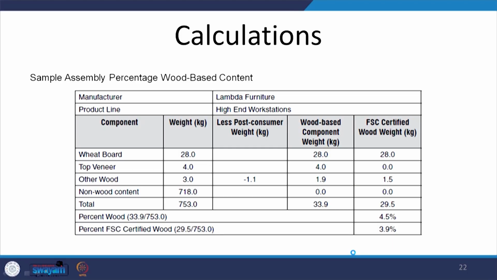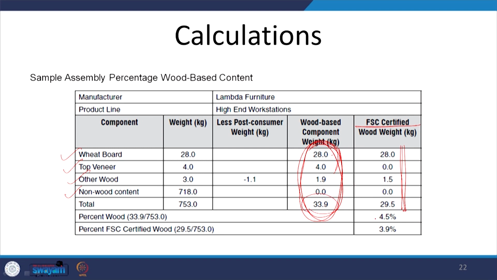Looking at a sample sheet here again, we can see the different types of woods which are used, and how much is the wood based component for each one of these materials which are going to be used, and out of this wood based component by weight, how much is FSC certified. So, out of this total wood based component which is going to be used in the project, this is the part which is FSC certified, and if we calculate the percentage of wood which is,